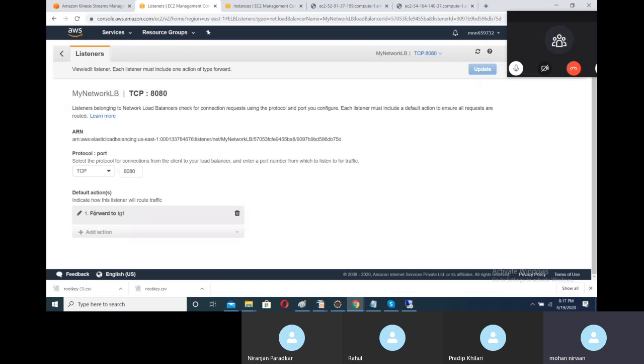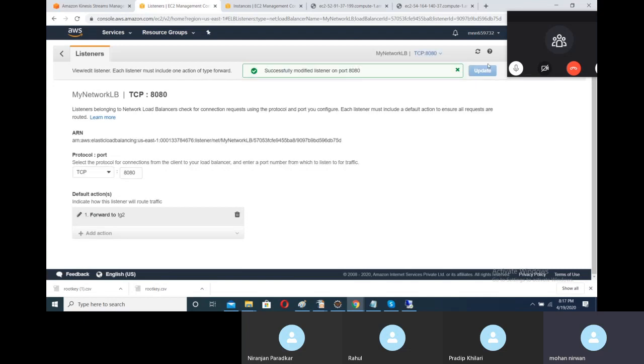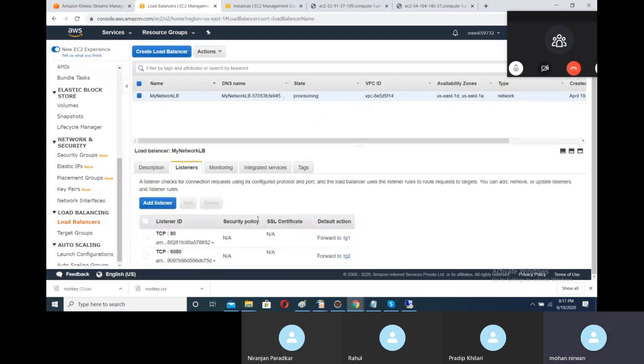We will delete this and add forward to TG2, and update. So now my port 80 is going towards target group 1, and if we put 8080, then it is going to target group 2. Fine, so that is done.